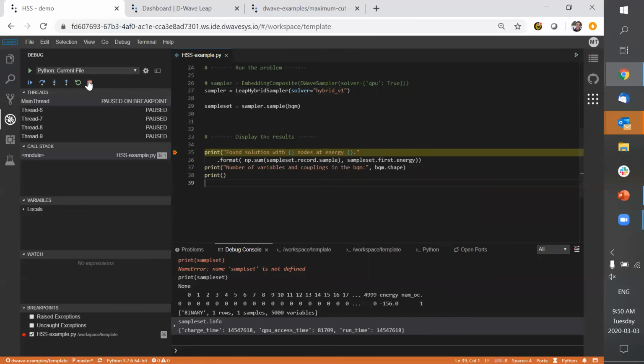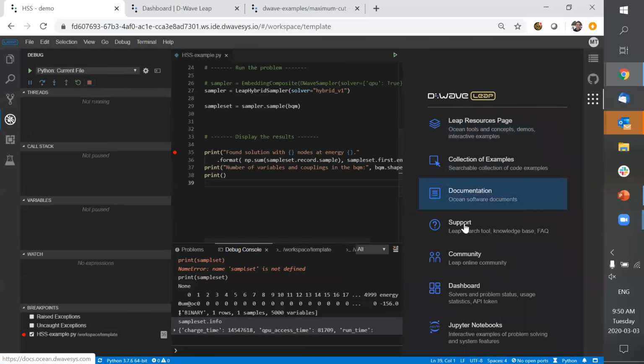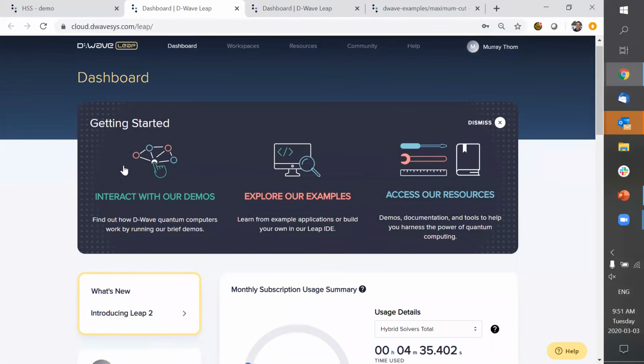Terrific. So now I'll stop my debugging program. Let's leave from here and go into Leap and take a look at some of the other features of Leap2. So right away on our dashboard, you'll see that the Getting Started modal has changed. We still have our Interact with our demos, which takes you to the illustrated demos on the quantum processor,